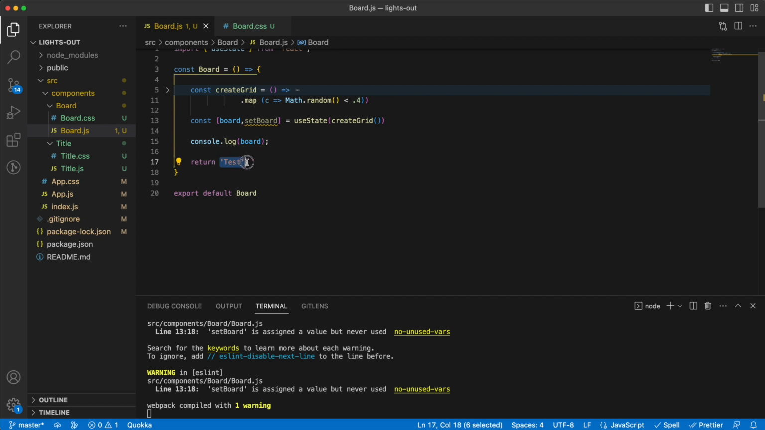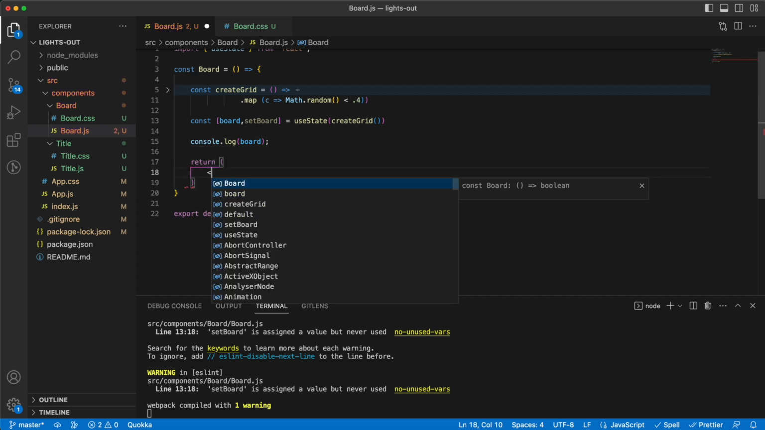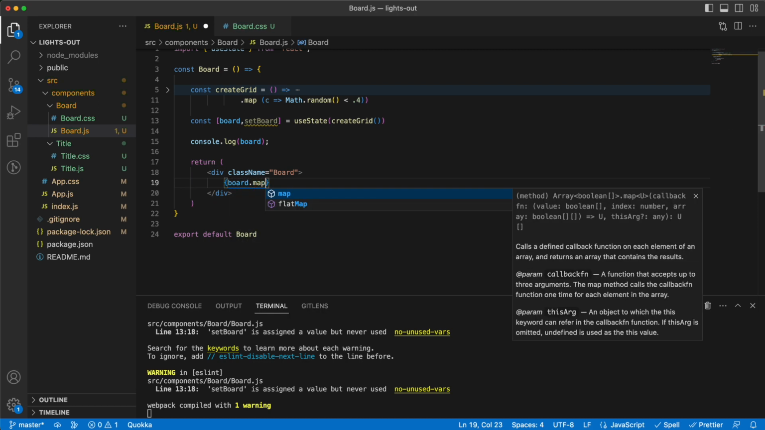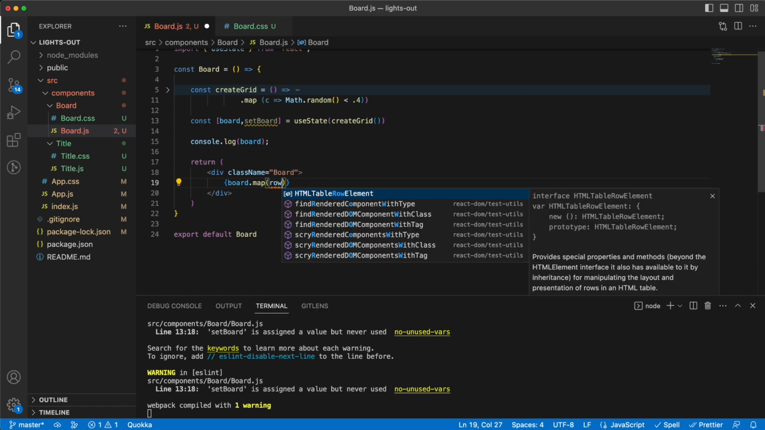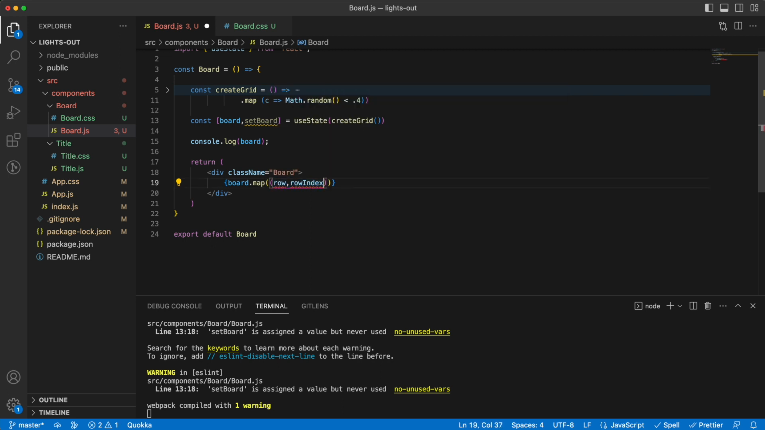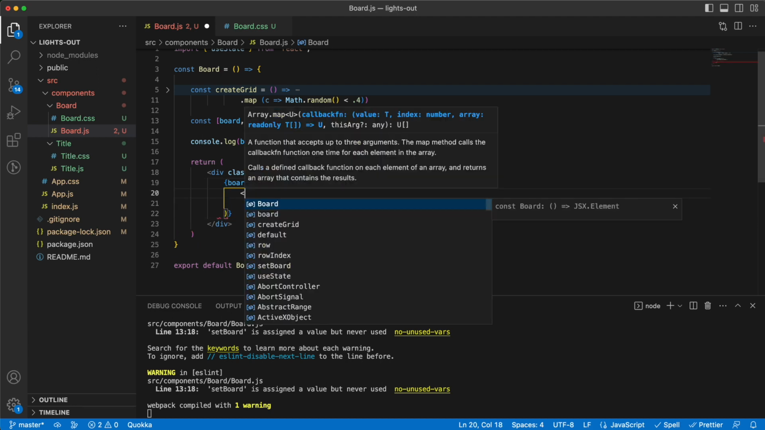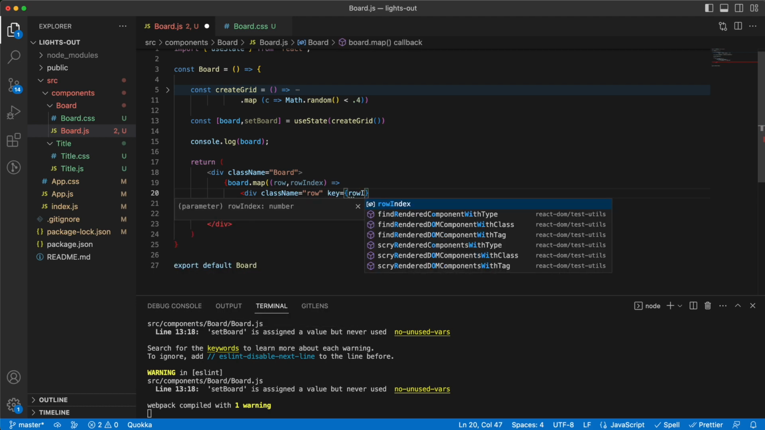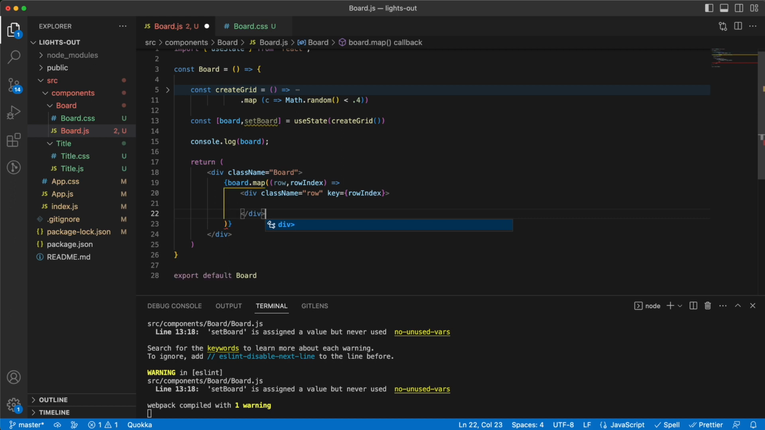So let's go here to our return statement and say that we have a div of the class name board, which we will define later, and we can do the mapping here. So board dot map for each row and row index. This should be mapped to a div for the board, so a div with the class name of row, and let's give it a key of the row index. Close the div here,